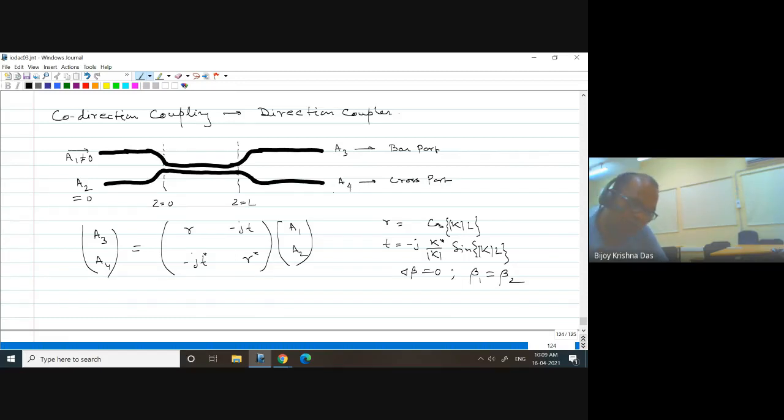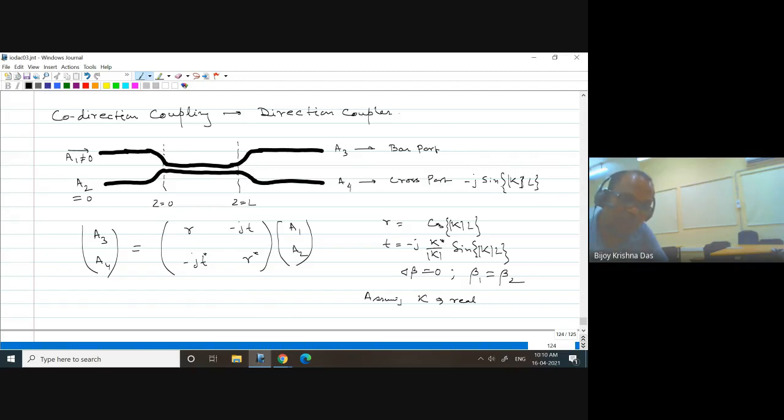Okay, you know that the cross port normally is supposed to be this value. If kappa is real, you can just ignore this thing. So sine kappa L, right? So it's supposed to be sine kappa L, and maybe minus j if you are just considering a real term. Assuming kappa should be equal to real. It need not be real, okay, but for simplification I'm just considering this here.